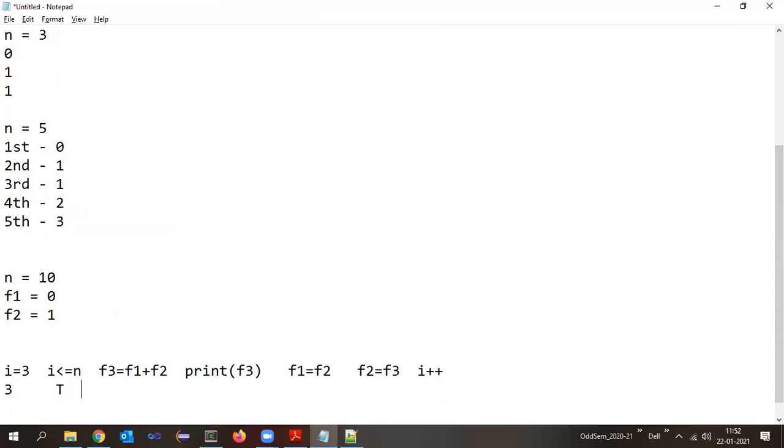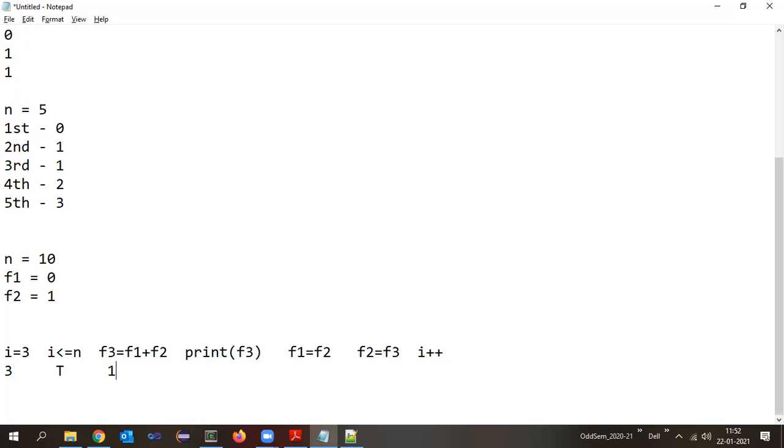The initial value of I is 3. This condition is true. F3 will get calculated as 1. Then print that 1 value. F1 will become 1 and F2 will become 1. I plus plus, that is 3 plus plus. Next time the I becomes 4. Condition becomes true.